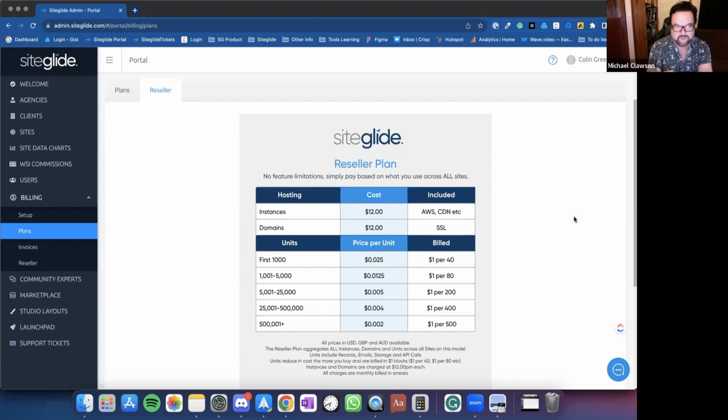Siteglide, I have a lot of my high-end clients on it because it's just got way more features than the other platform I use. So I'm just trying to move a lot of my clients. I'd love to be able to move all of them, but where I live, sometimes I get a client who just wants a basic 4-page website, and you think, well, Siteglide might be too much. However, the essential plan looks enticing because I can hook them into that plan and then